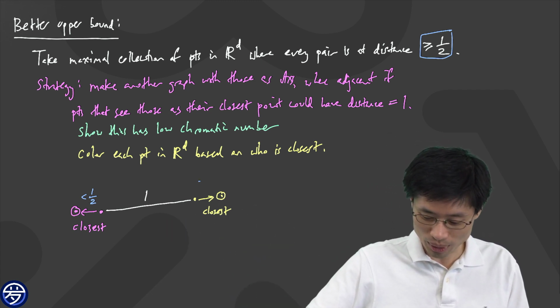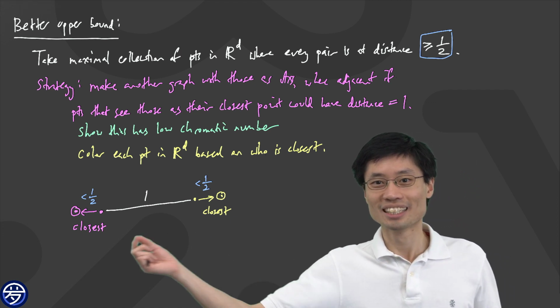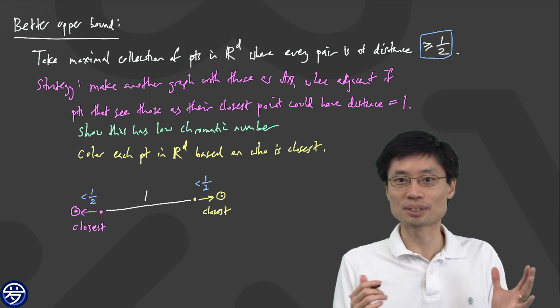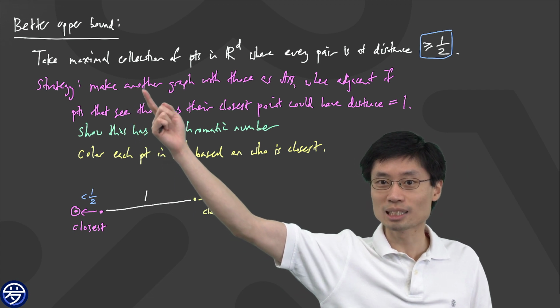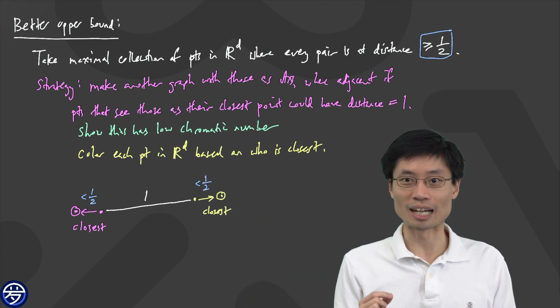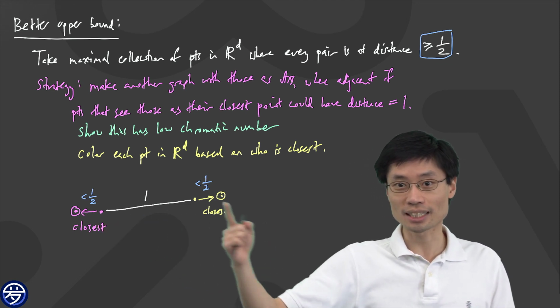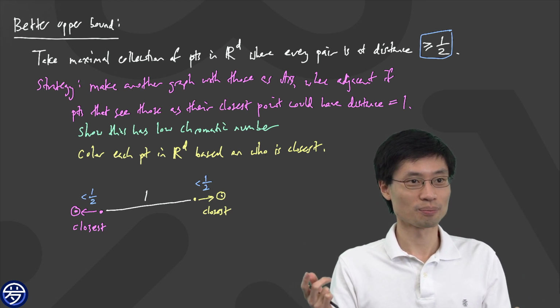The strict is not important here, but I'll just write it. Strictly less than half. Okay, so now I know that for each of my points, I only need to worry about other points which are distance at most 2 away. So now I just have to say, what's the maximum degree of this circled point graph? In the circled point graph, I'm simply going to connect any 2 of the points whose distance is less than or equal to 2. Okay?